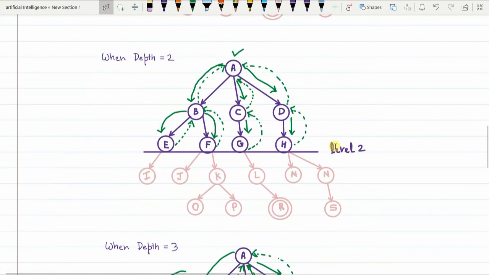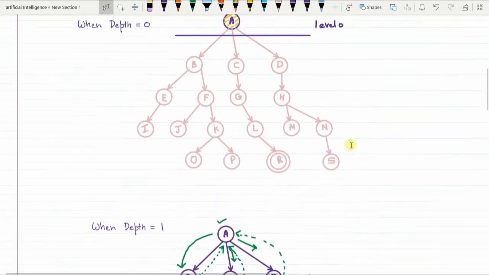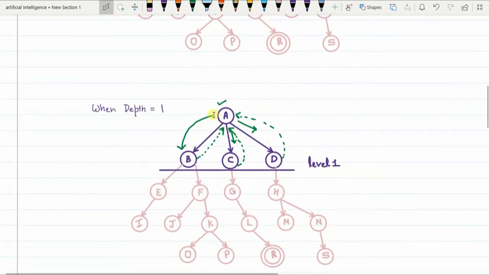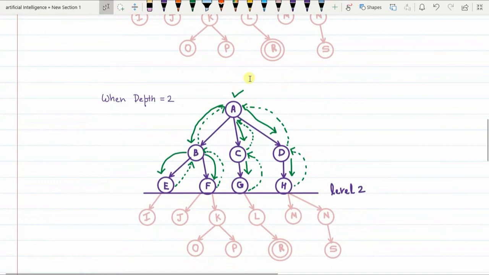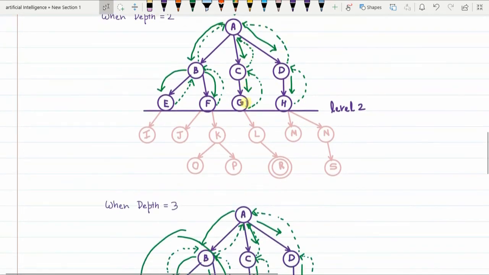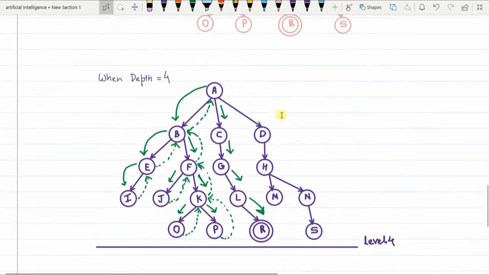But as you must have realized, there are a lot of wasteful computations that occur in this iterative deepening search, because for every iteration you have to again and again repeat this depth first search procedure. See, it was repeated for this particular iteration, the same thing plus something extra has to be repeated for this iteration, and still further again we have to repeat the procedure of DFS for the next level. So this is one of the disadvantages of this depth limited depth first search procedure.